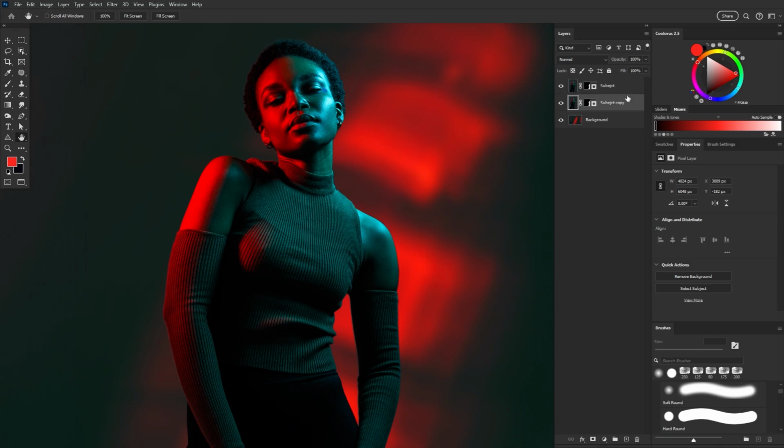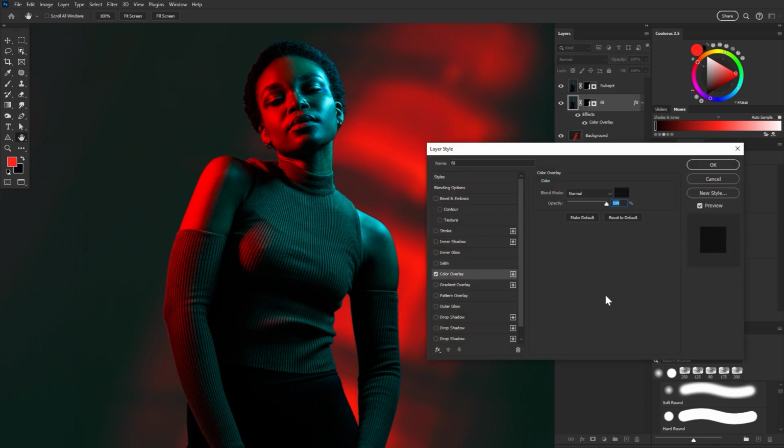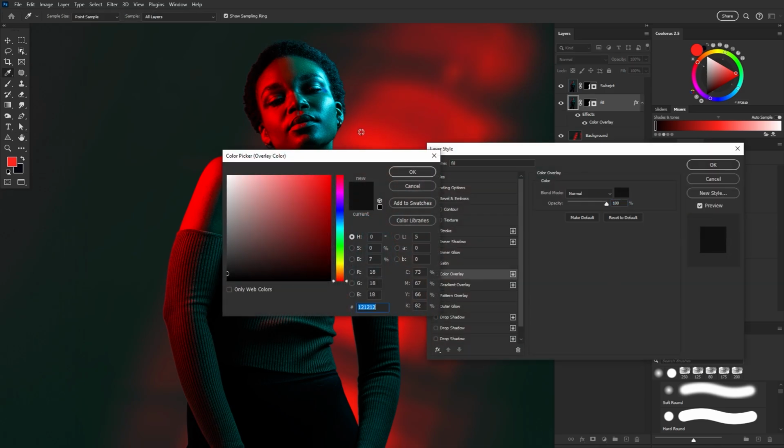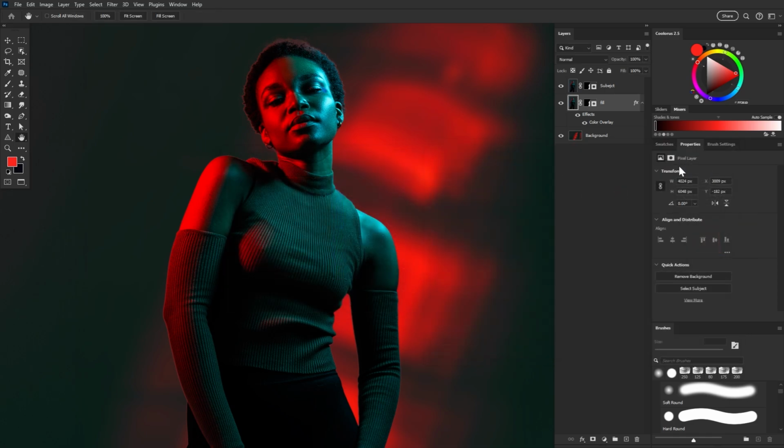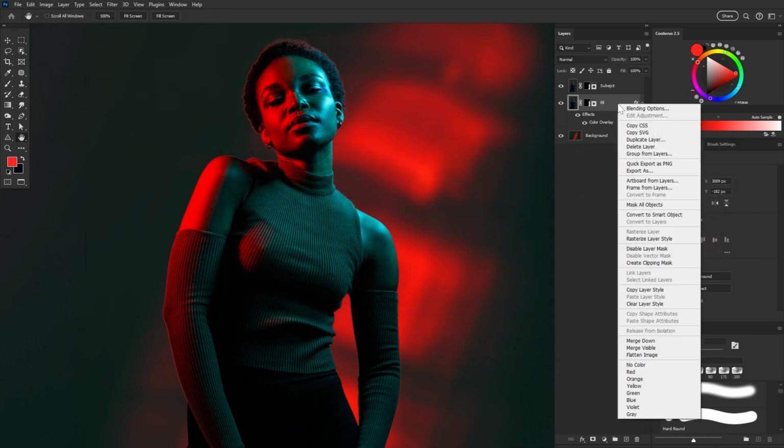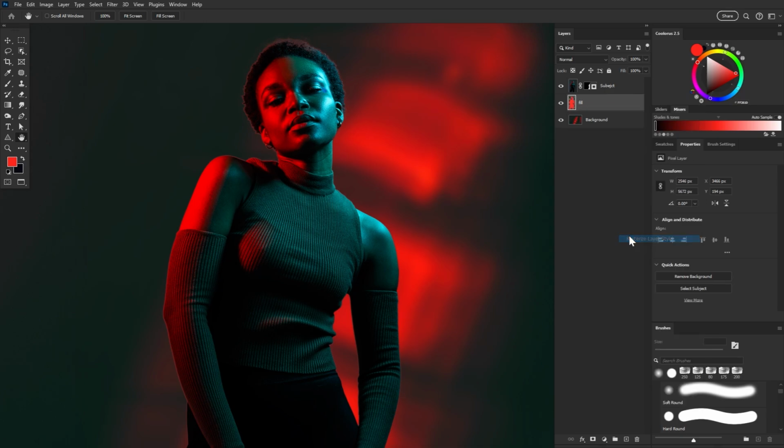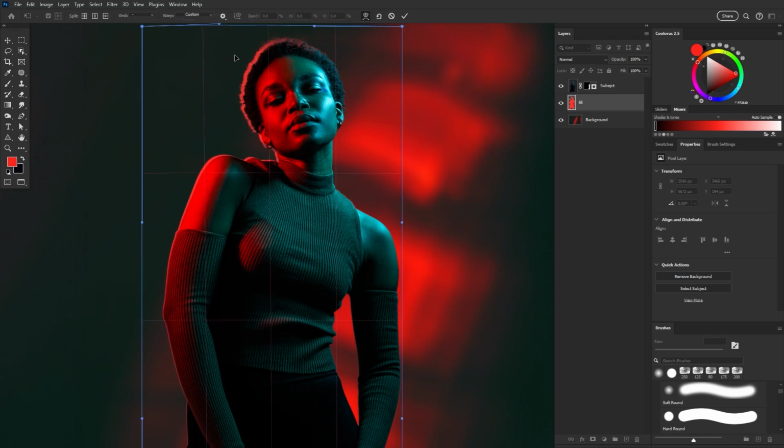So let's duplicate the extracted subject, bringing it below the original. Name this layer Fill, like F-I-L-L, not with a PH. Next we want to fill the fill layer with whatever color we want our backlit hair, so a vivid red here. Now let's select the Move tool, click on one of the anchors to enter Free Transform, and then enter the Warp Transform mode. And we're going to warp the fill layer so that the red silhouette's hair kind of peeks from behind the subject's hair.